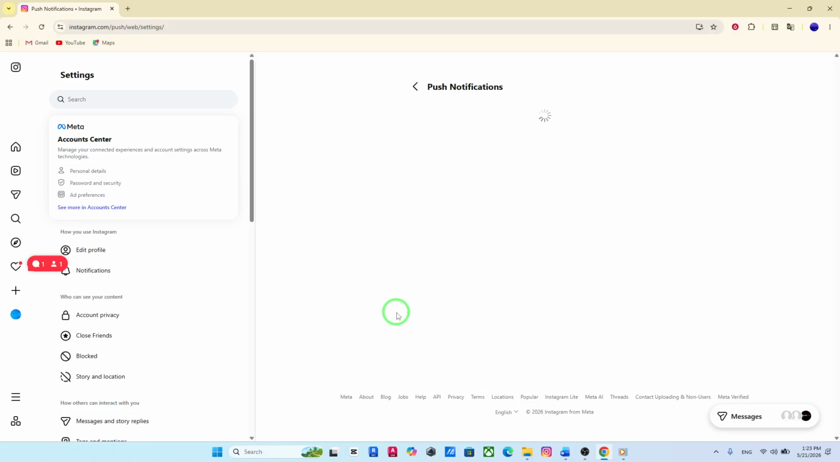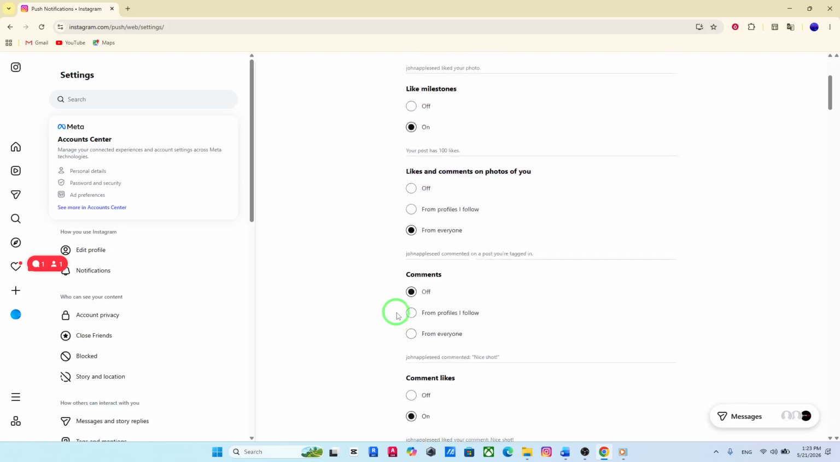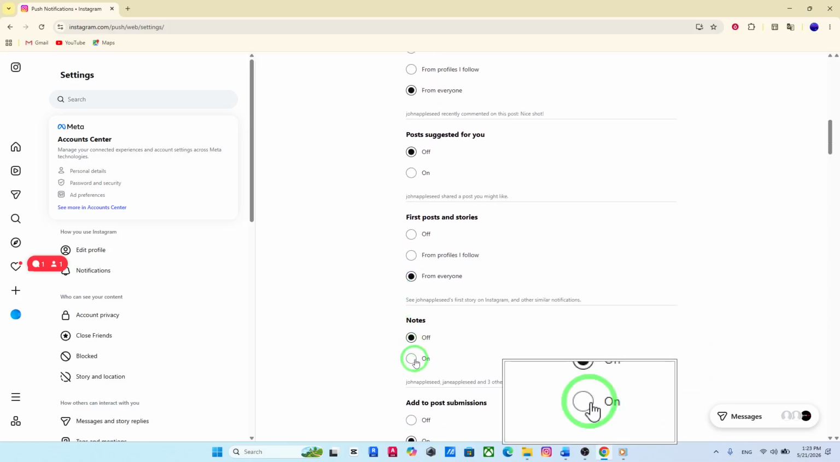Now scroll through the list until you find Notes. Once you see it, you'll notice options to control how you receive notifications. Simply select On under